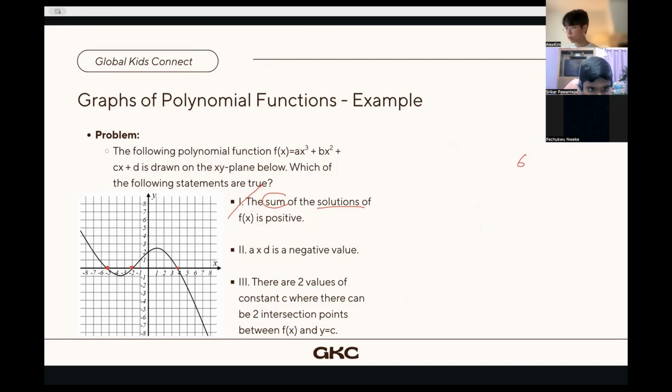Statement two says A times D is a negative value. We can see that A is our coefficient for x to the power of 3, and D is our constant. The easier of the two to find will be the value of D, the constant, because the constant in a polynomial always represents the y-intercept. The reason is that if we plug in x equals 0 to our f of x function, then we get f of x equals